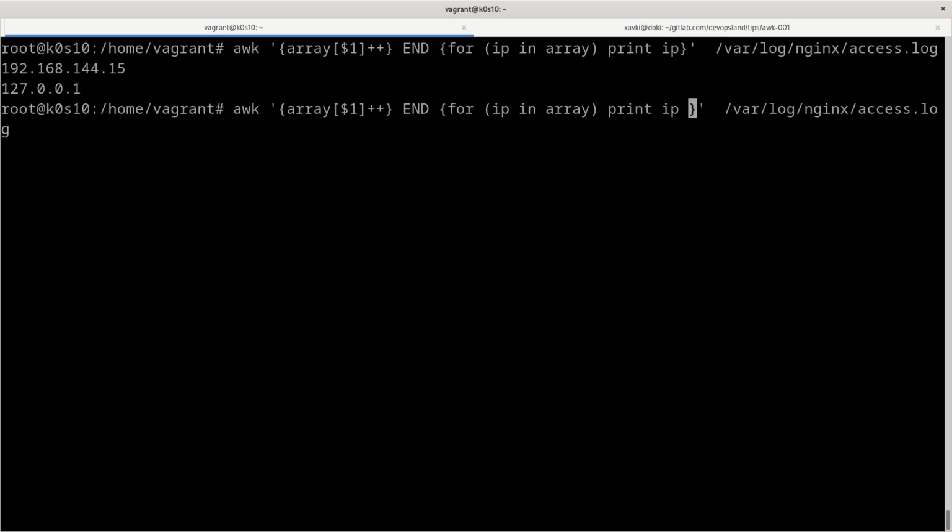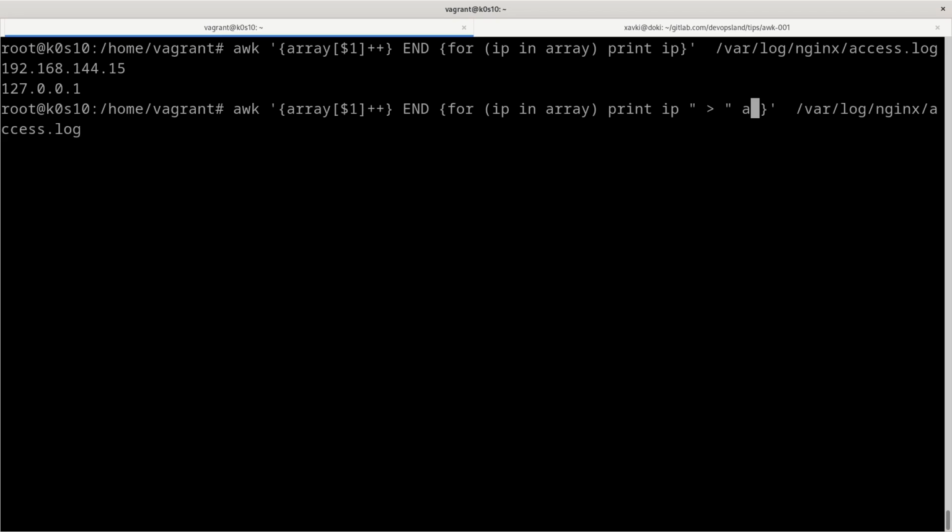But we want to print the number of occurrences, so I can add a separator like here, and after that we want to print not only the IP, but also the value of our index, of our IP occurrence.